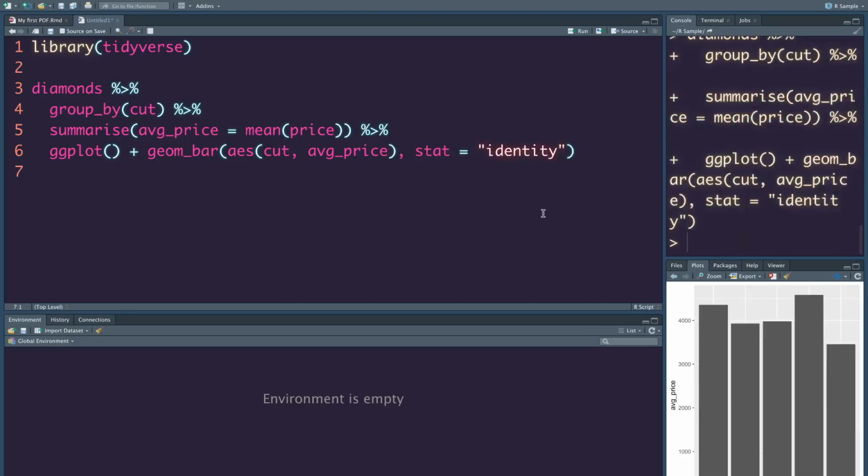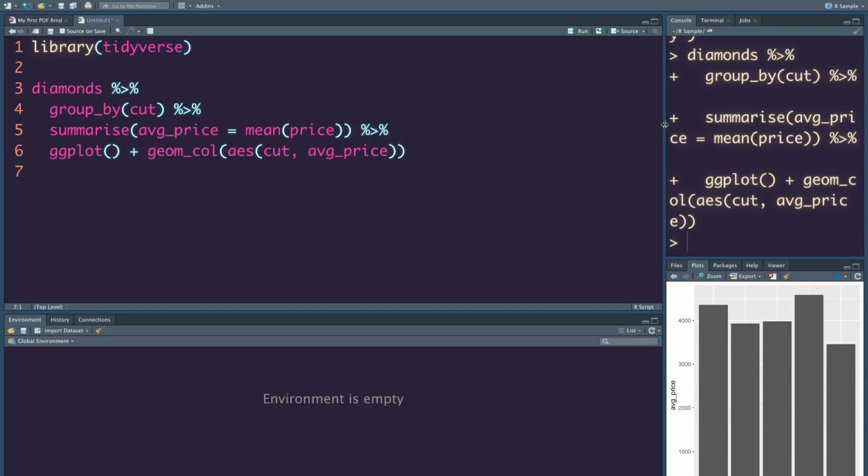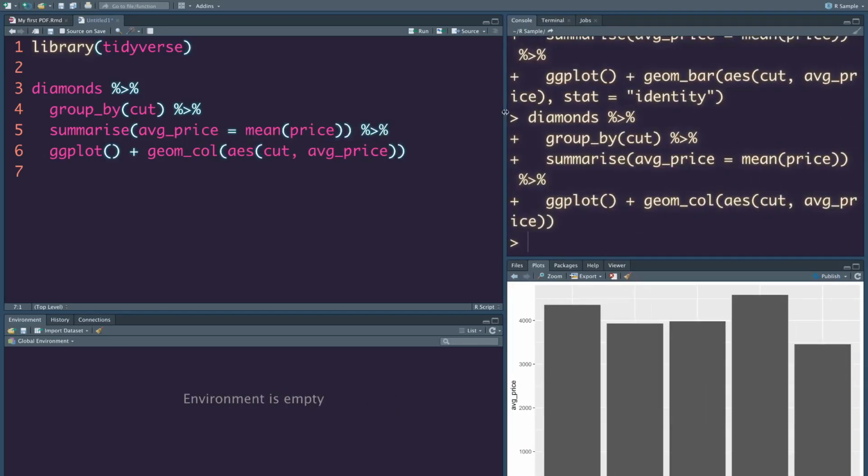But the easiest way to avoid this error in the first place is to not use geom_bar. If you already have pre-calculated values, just use geom_col. It's the same thing, but you don't have to write a few more lines or face that error.